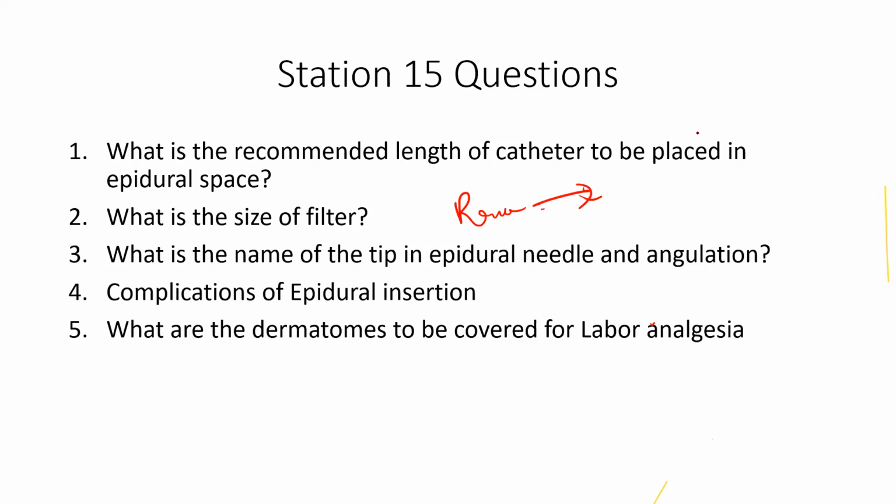T10. It goes to T6. Okay, it gets supply from T6 to T12. So that knowledge is very important when you're placing an epidural. When you need T6, you have to put the epidural at least at the T8, T9 level at the lowermost. If you go below T10, T11, you can't reach the T6 level. There is a possible chance that the purpose of the epidural might not actually be achieved clinically. So the anatomical knowledge and the neural supply of the particular tissue is very important in choosing the right space, the right length, and the right volume.